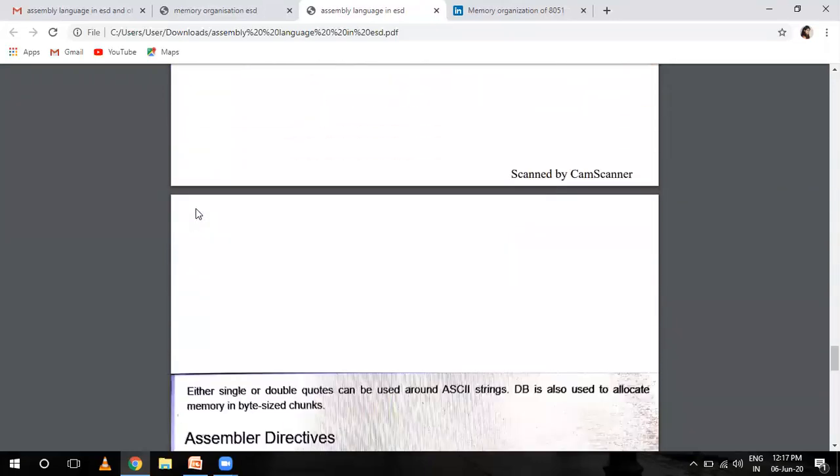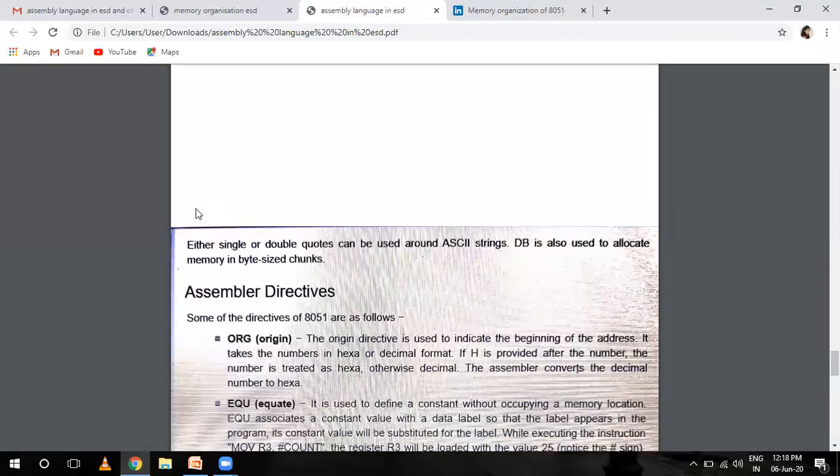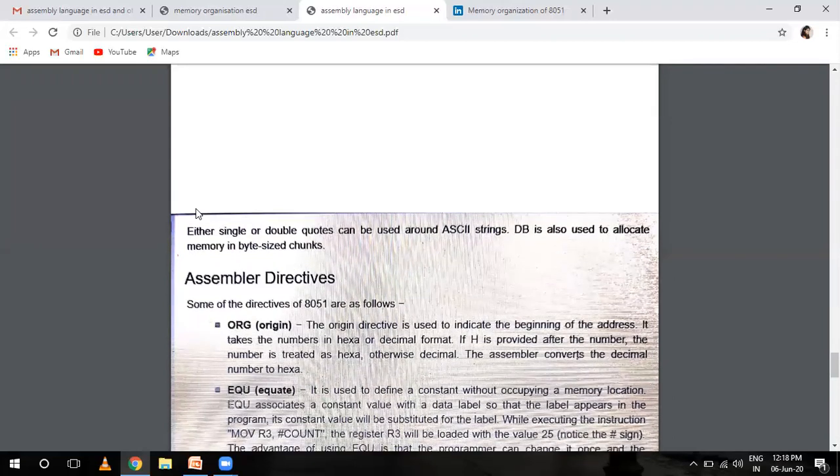Now, either single or double quotes can be used around an ASCII string. DB is also used to allocate memory in byte-sized chunks.